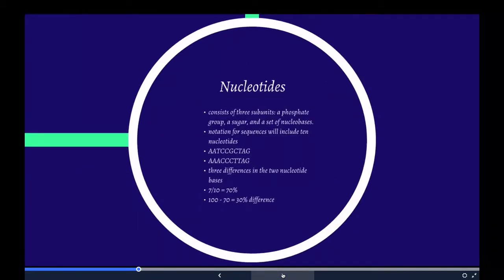Nucleic acids consist of a chain of linked units called nucleotides. Each nucleotide consists of three subunits. A phosphate group and a sugar, ribose in the case of RNA, deoxyribose in DNA, make up the backbone of the nucleic acid strand, and attached to the sugar is one of a set of nucleobases. The nucleobases are important in base pairing of strands to form higher level secondary and tertiary structures such